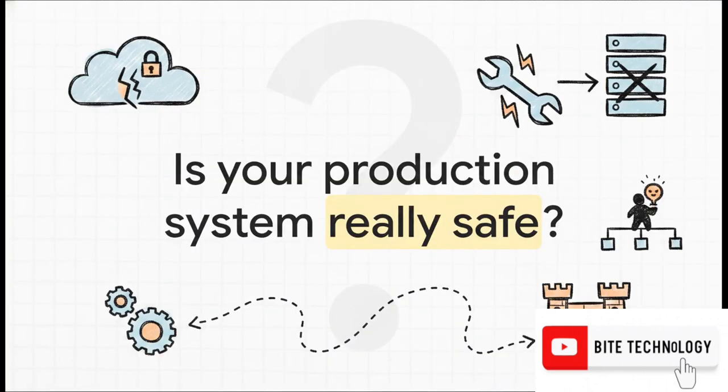Which leaves us with this final, incredibly crucial question. If your CI/CD system is misconfigured, compromised, or just given way too much access, it becomes a massive single point of failure. I mean, if a compromised pipeline is holding the keys to your cloud credentials, is your production system really safe? This exact risk is why the industry is aggressively exploring new deployment models. It perfectly sets the stage for